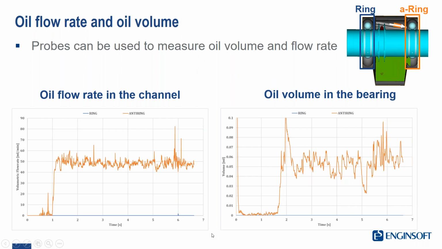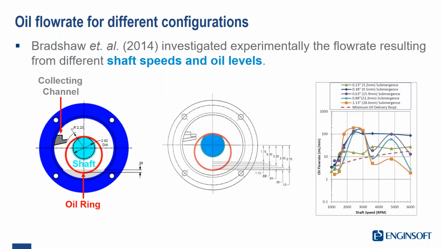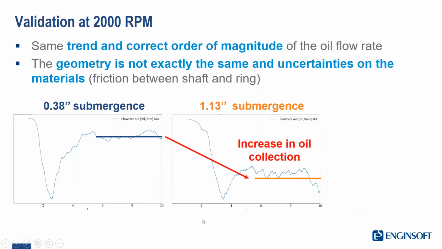We wanted to investigate further how close we were in terms of numbers and trend, and that's why we, again, referring to the same paper, tried to analyze if we could capture the same trends in terms of oil flow rate that were observed experimentally. So the idea experimentally was to change the rotational speed of the shaft as well as the oil level, and understand how the lubrication of the system changed. We did basically the same. We selected one working point, and